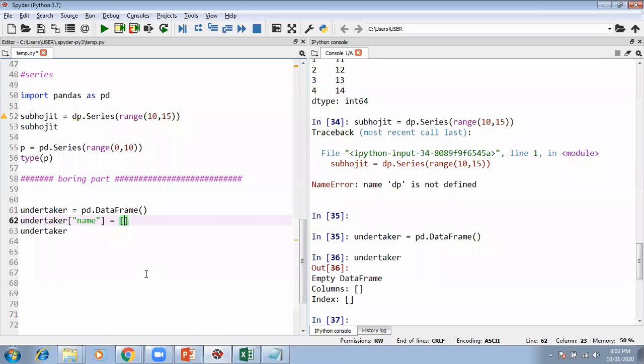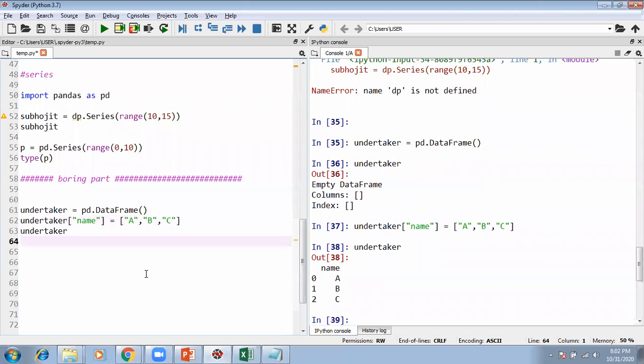These are characters, so you need to put them in quotes. Small letter or capital letter A, both are going to work. So I have three names: A, B, or C. Now if I execute and see, a column has been created called name, which has the values A, B, C.